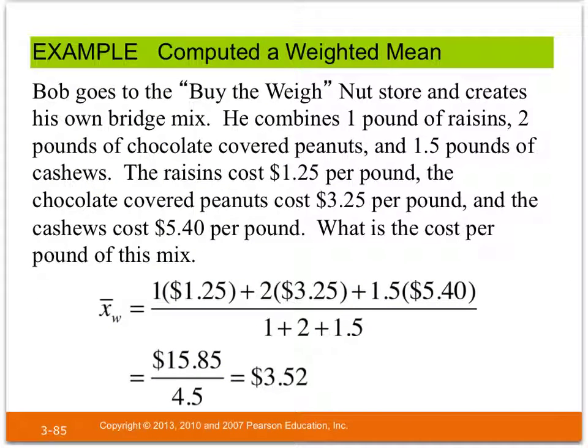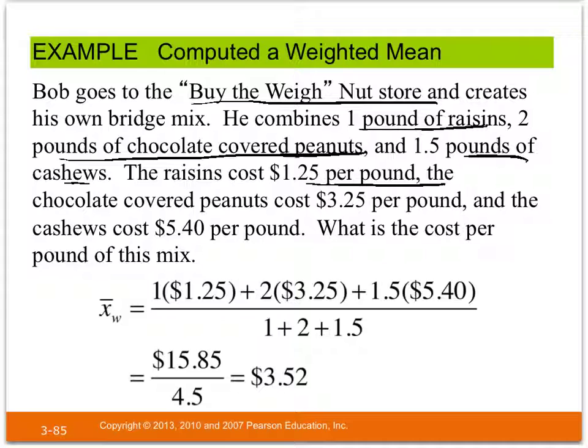So let's look at this. Bob goes to By the Way nut store and creates his own bridge mix: 1 pound of raisins, 2 pounds of chocolate-covered peanuts, and 1.5 pounds of cashews. The raisins cost $1.25 a pound, the peanuts cost $3.25 a pound, and the cashews cost $5.40 a pound. Okay? So in this case, the weight